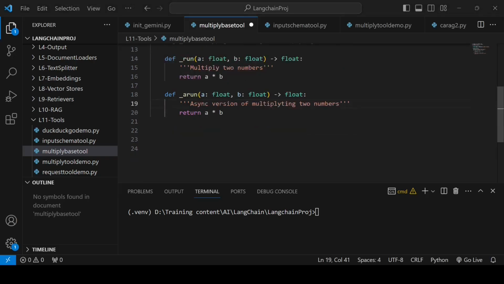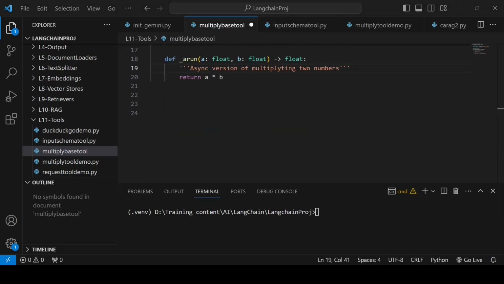That's what I can say. But this, let's say it is not yet ready. One thing I am missing. Let me first finish this one. So I can raise NotImplementedError, async version not supported.